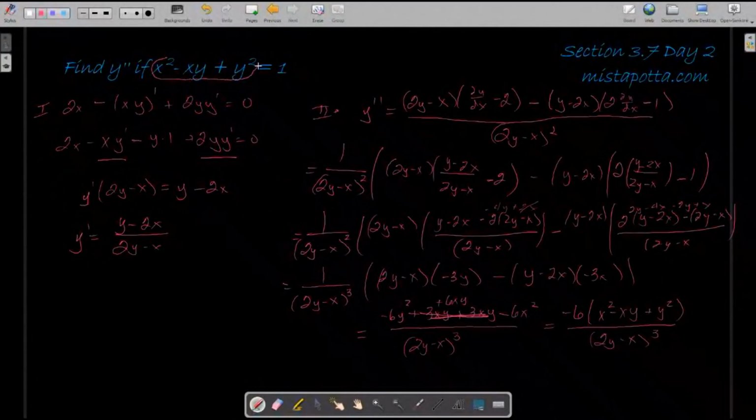But again, as I mentioned, whenever I see x squared minus xy plus y squared, I can substitute a 1 for it. And so this ends up really being negative 6 times 1 over 2y minus x cubed. A much more concise form, something that's very easy to substitute, and something that I didn't believe I would ever reach having gone through all of this algebra. But this is one of the things that we notice about our functions, especially if our functions show some level of symmetry, as they did here,